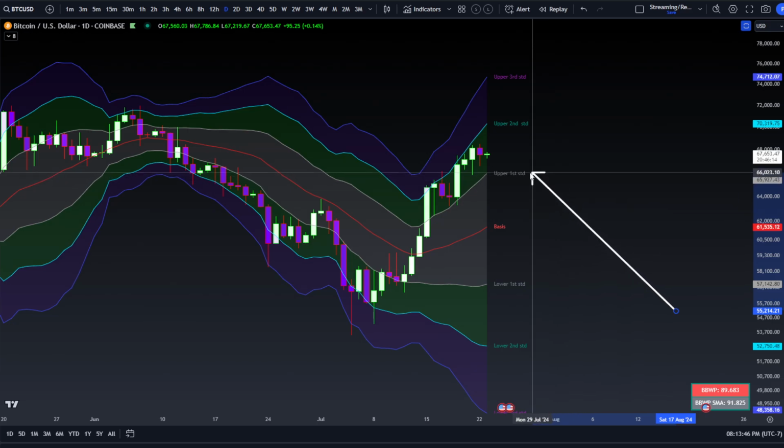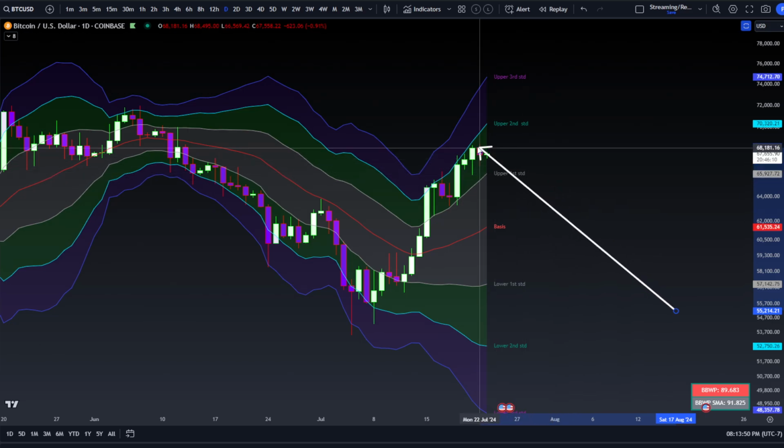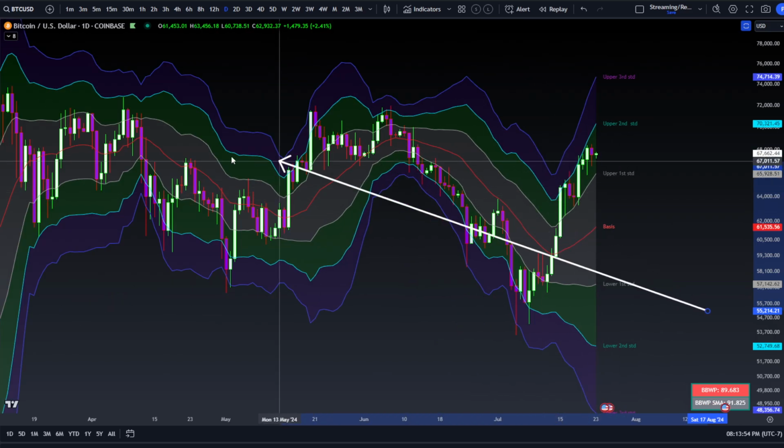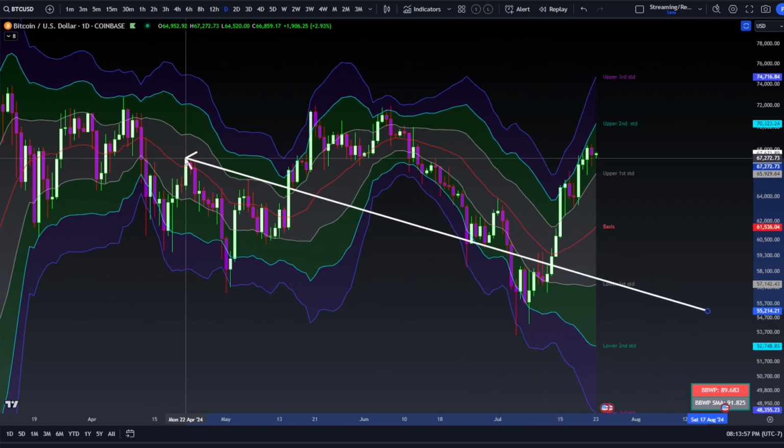So right now, Bitcoin has tagged the next big area that I spoke of from Friday's video above the 67. We're going to look at the support and resistance chart, but above this high at 67,272, I had mentioned that I was looking for Bitcoin to potentially run the highs if it can maintain closures above here. But more likely,